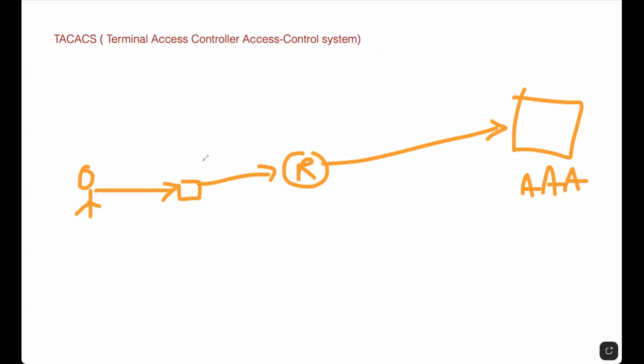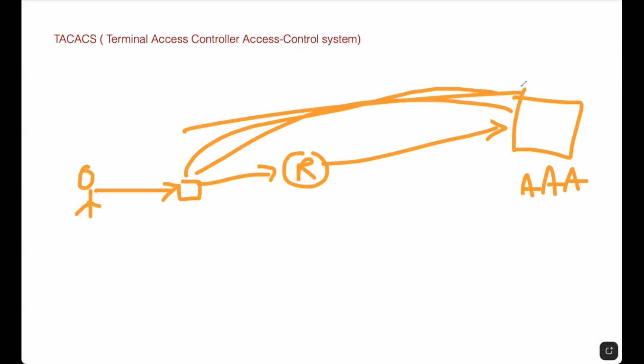So from the router all the way to the authentication server, there has to be a protocol to securely send this data, whatever the user is sending, like the access request, and the response should be coming back, right? So these have to be securely sent, and that can be done over the TACACS protocol. TACACS is developed by Cisco itself, so it's Cisco proprietary, and TACACS uses port 49 basically,